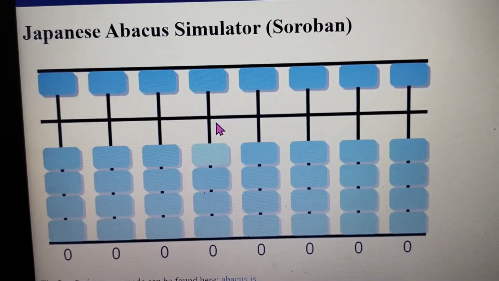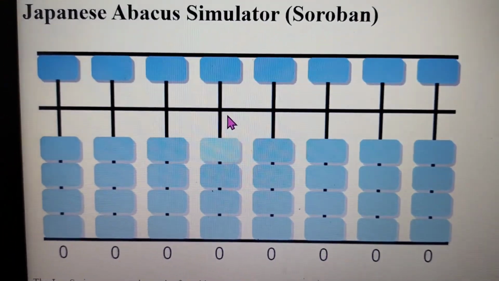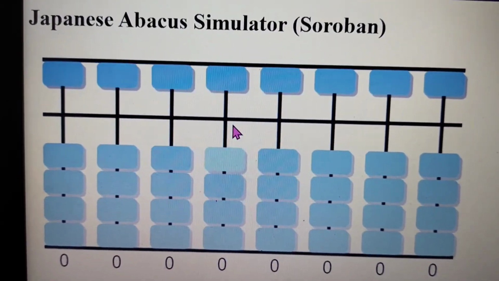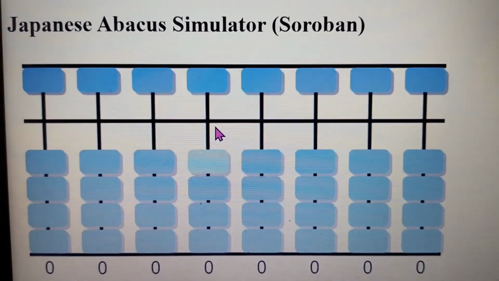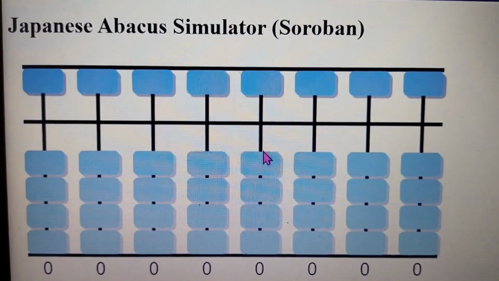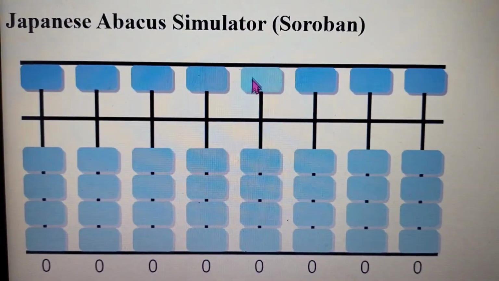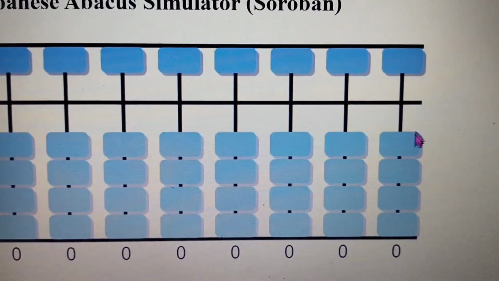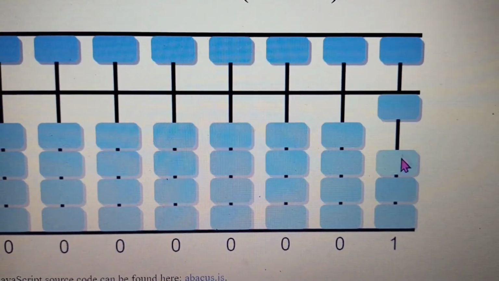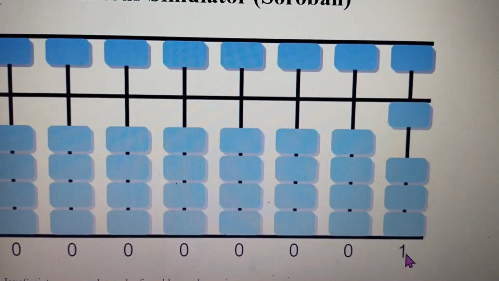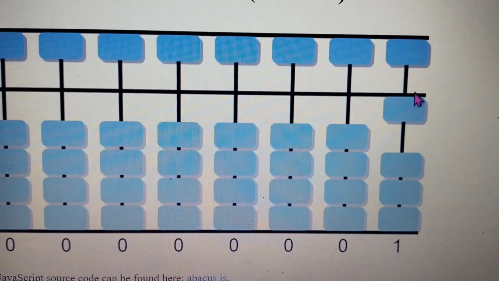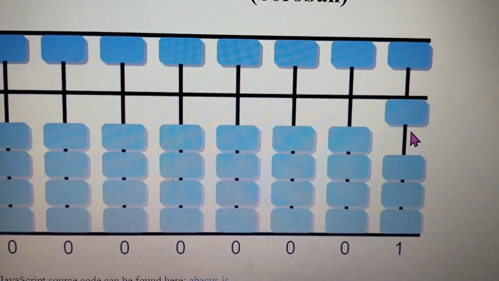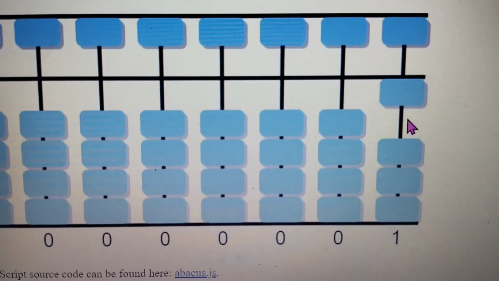Now children, see, this is our online abacus. The link to this online abacus I am going to share in the description box of this video. What you have to do is choose any one rod as units. So let us start with the right side. So this is 1, and see, side by side it is showing us also number 1, because right now only the lower bead is touching this horizontal bar. So the value of this abacus right now is 1. Fine.